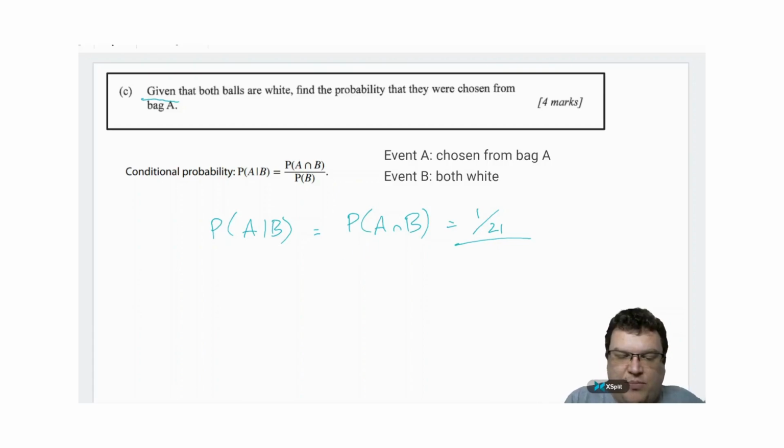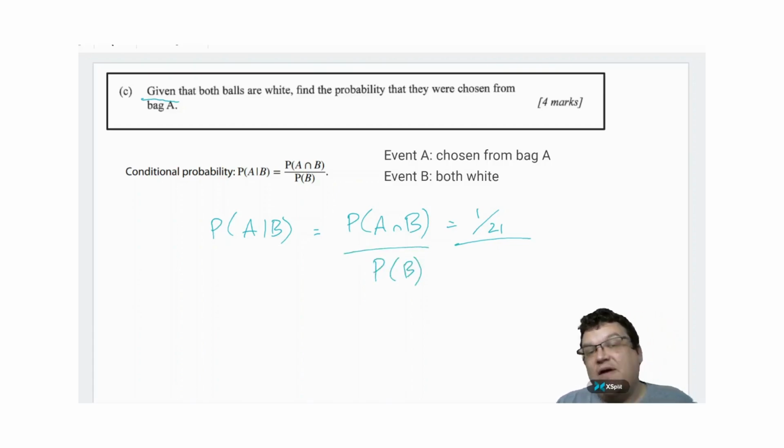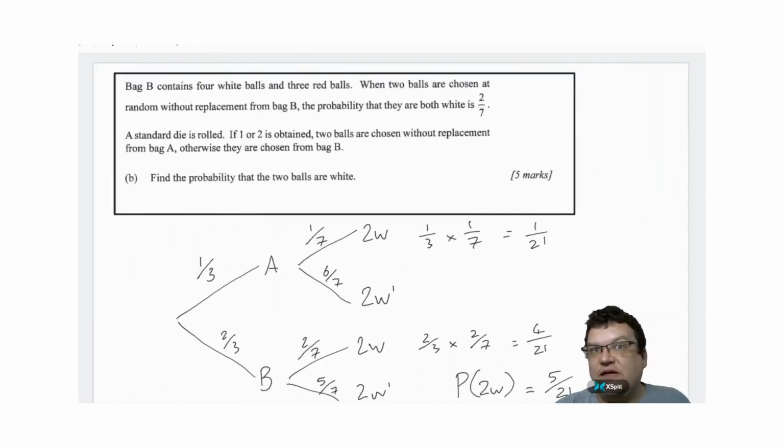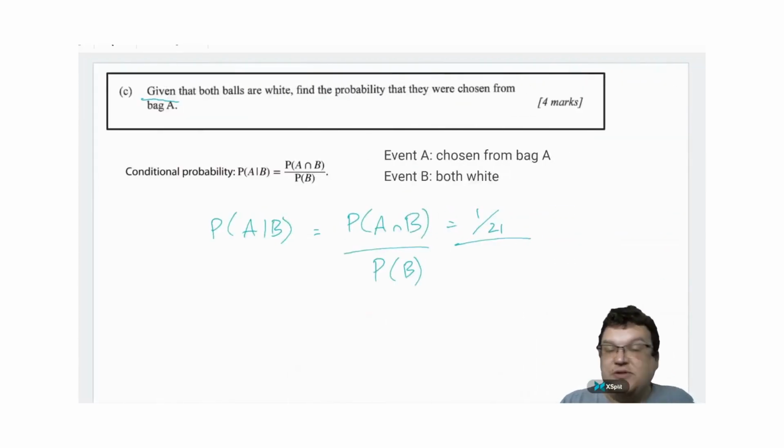Then on the bottom, I have the probability of event B. Now event B is that they are both white. And again, we figured this out in the previous section. Here it is, probability of them both being white in this scenario is 5/21. So we go back to the formula and we can substitute that value in,